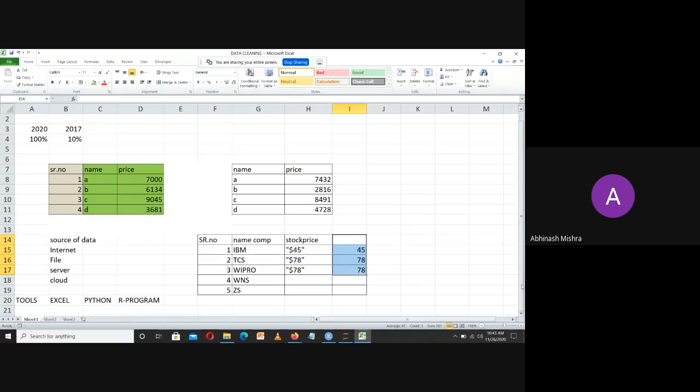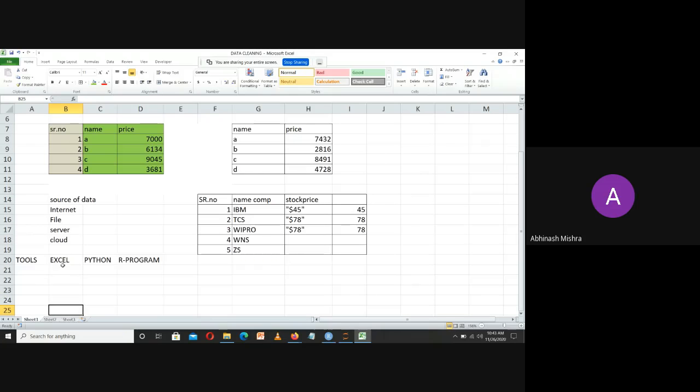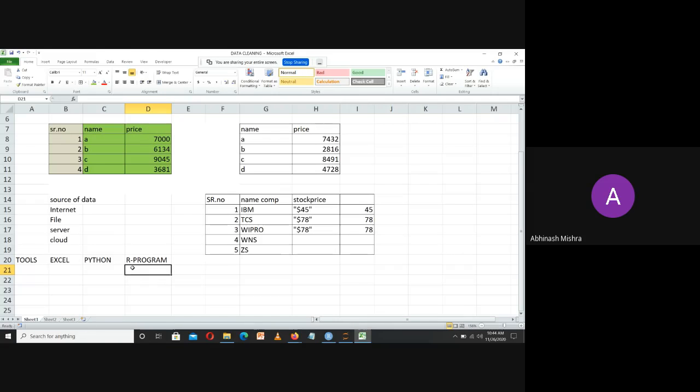So there are multiple tools we can hear about. So today we will have a comparative analysis of Excel, Python, and R. Our major focus is on R programming. I will be more focused on R, but I will be showing a comparative analysis on Python also. So you will have a combined idea of how these two work on data cleaning and data pre-processing. Okay, I hope this is fine to all.